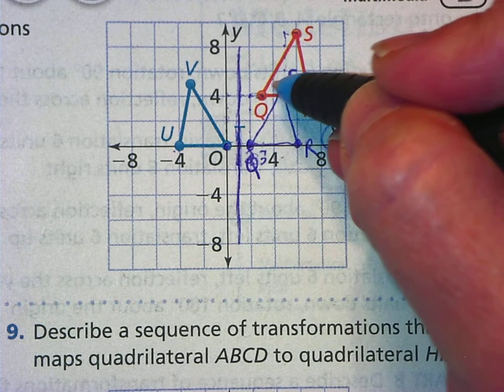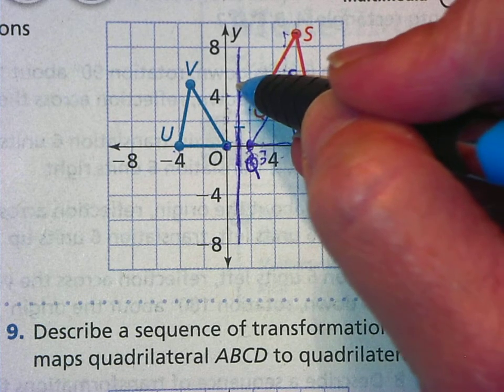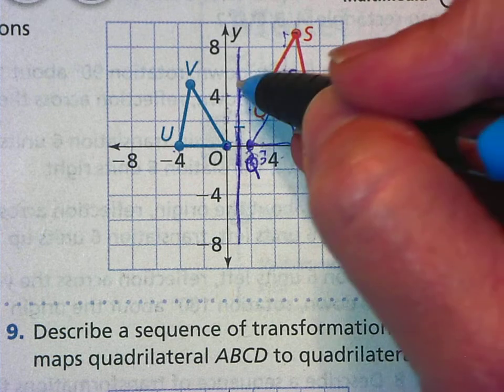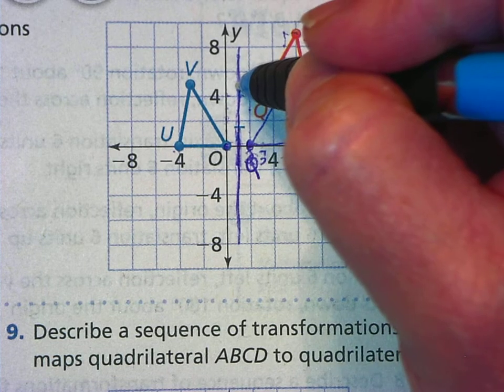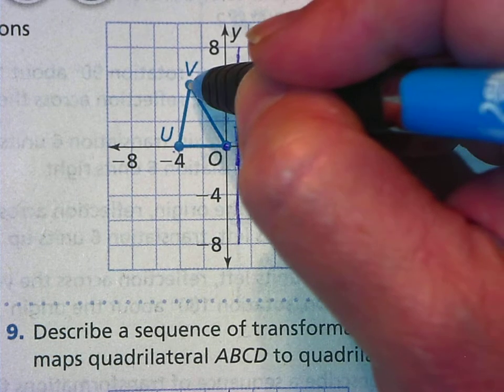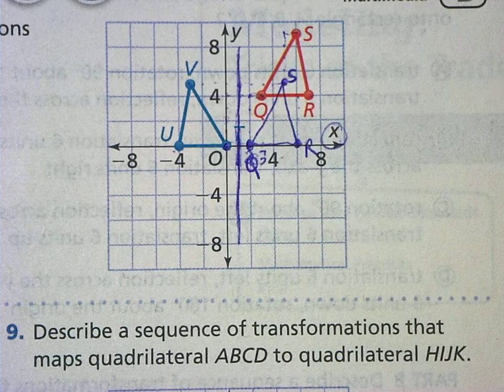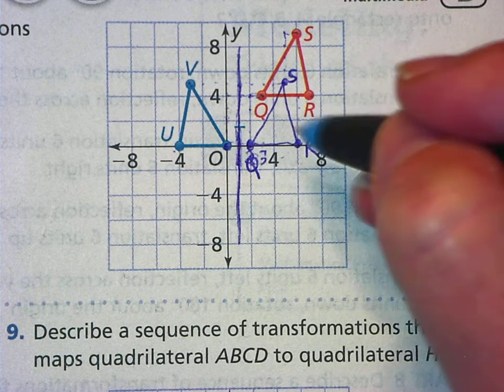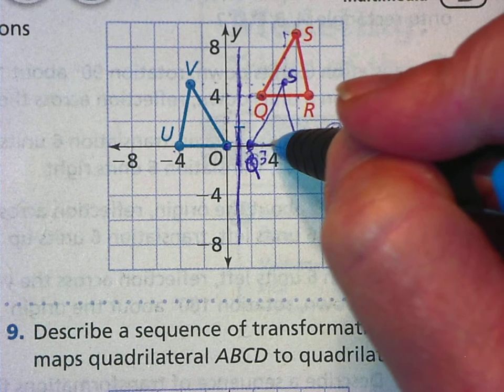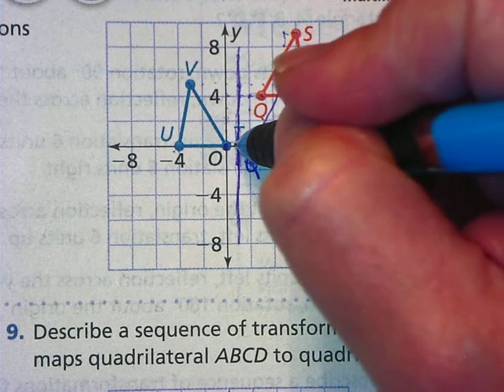S is 1, 2, 3, 4, 4 little marks away. Then 1, 2, 3, 4. So is V. So if I go back to the center and reflect it over right across from itself, S will land on V. R is 1, 2, 3, 4, 5 units